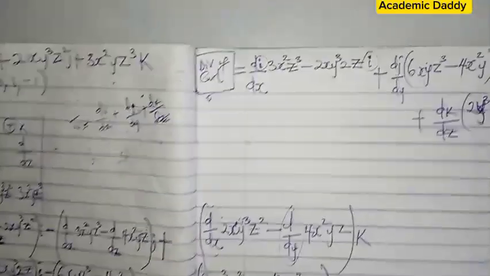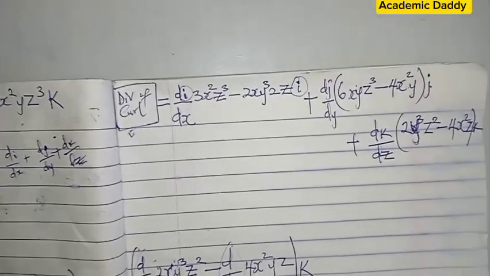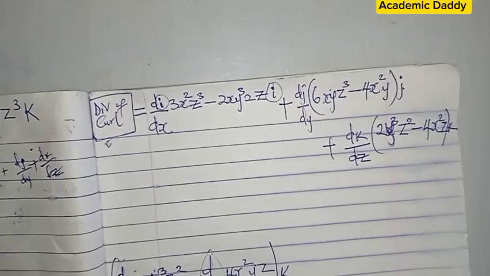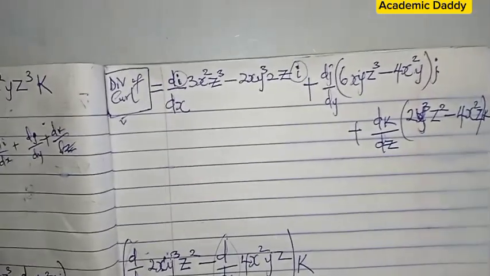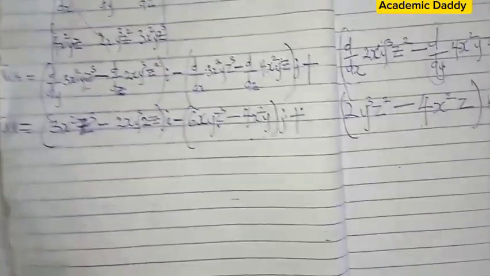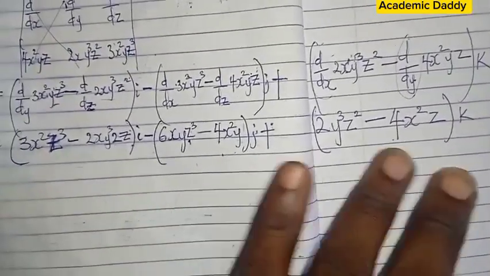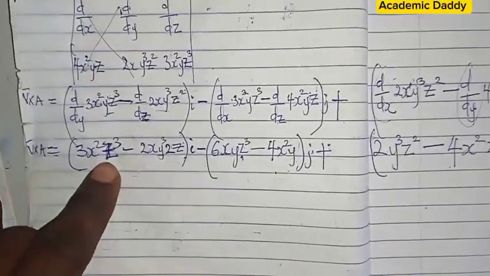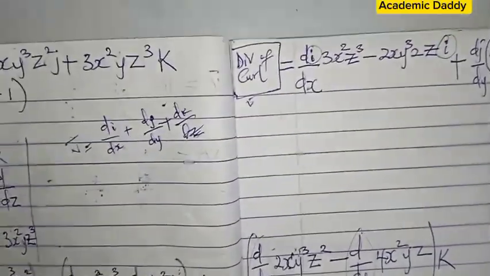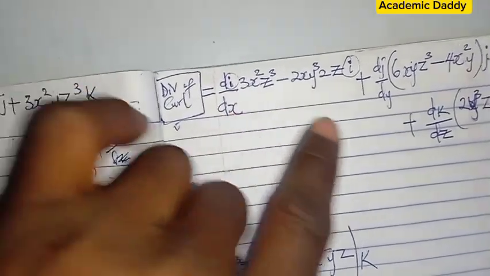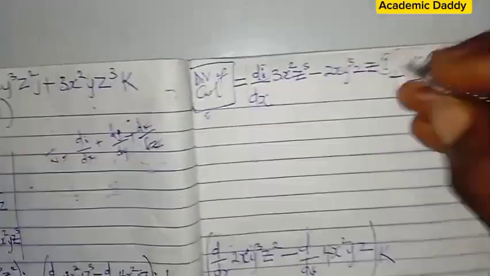So notice, for the divergence of this curl, this is what you do. That is the thing I was showing you in the formula. So this is how you go about the divergence of the curl. This is the curl itself. You've been able to get the curl. So the divergence of the curl is simply the i part, differentiated with respect to x. So that by the time you finish doing this,